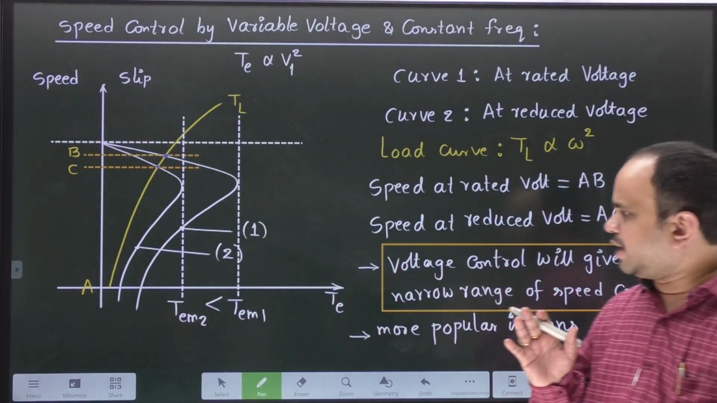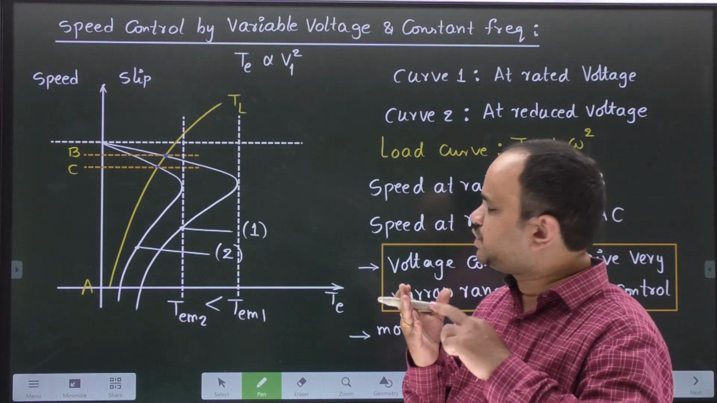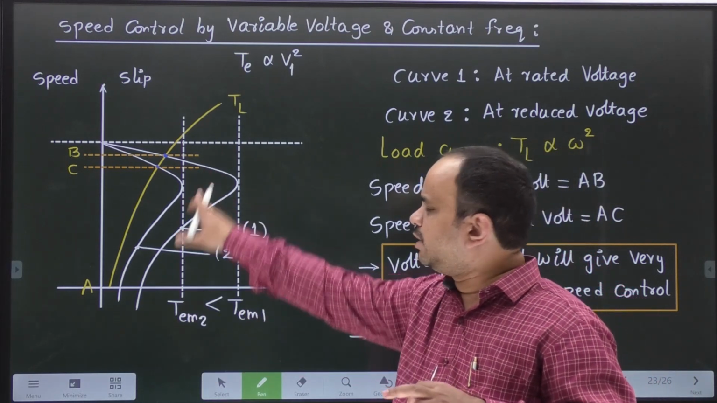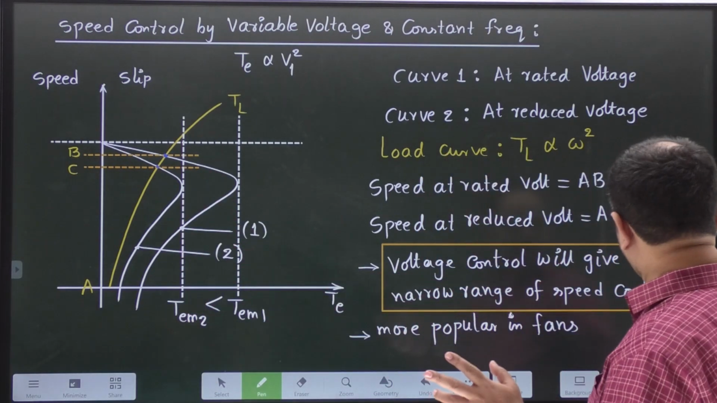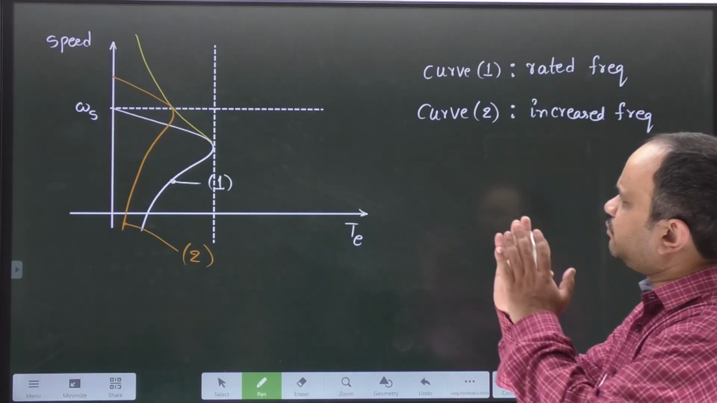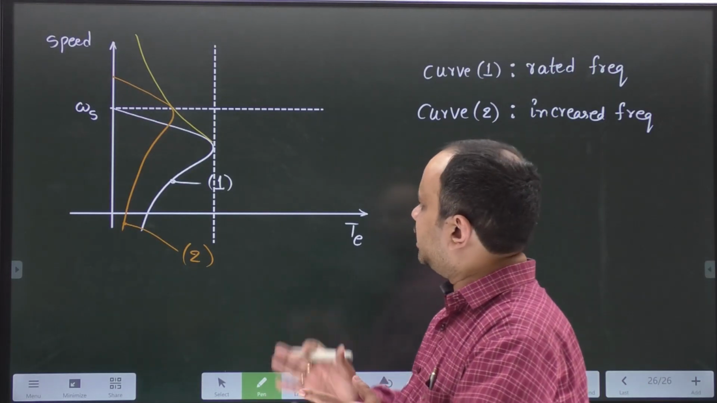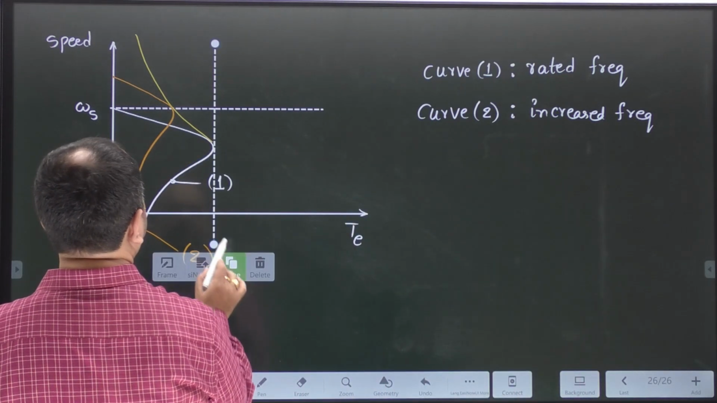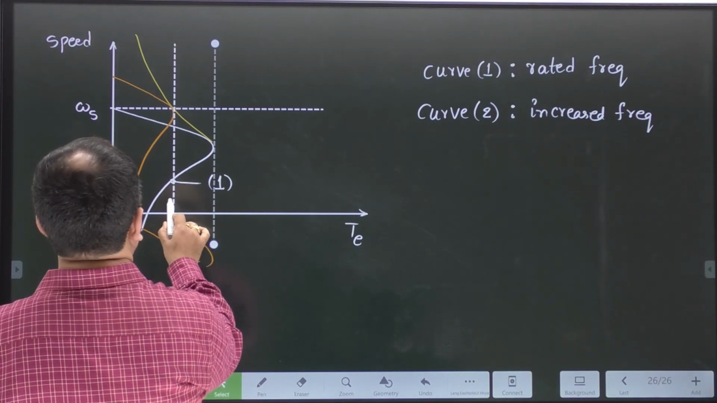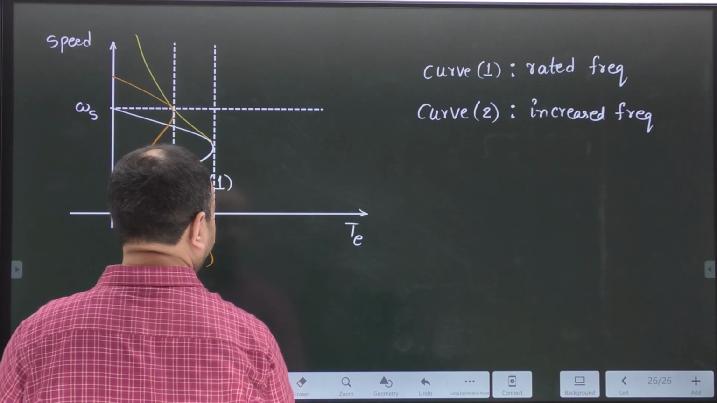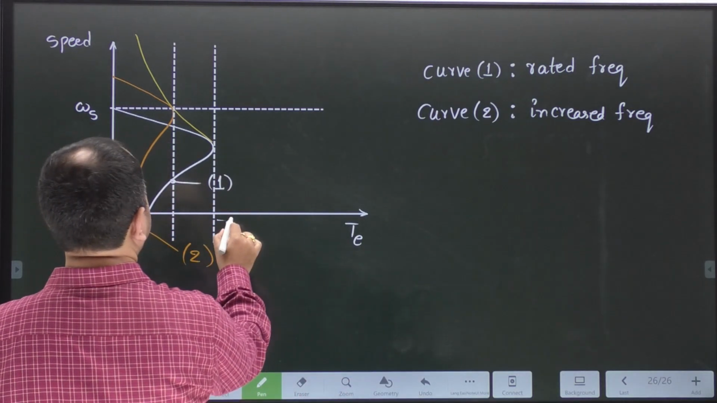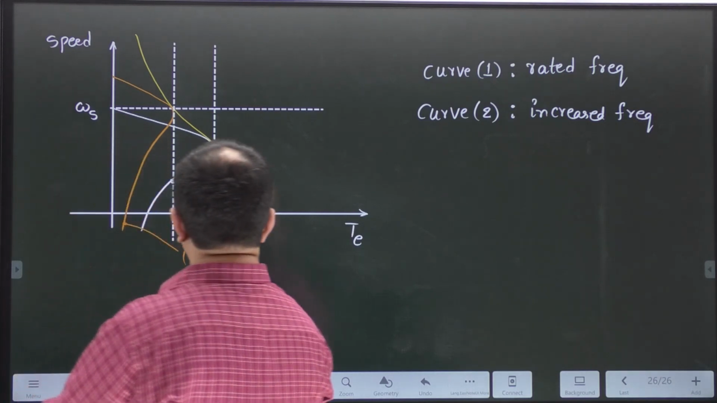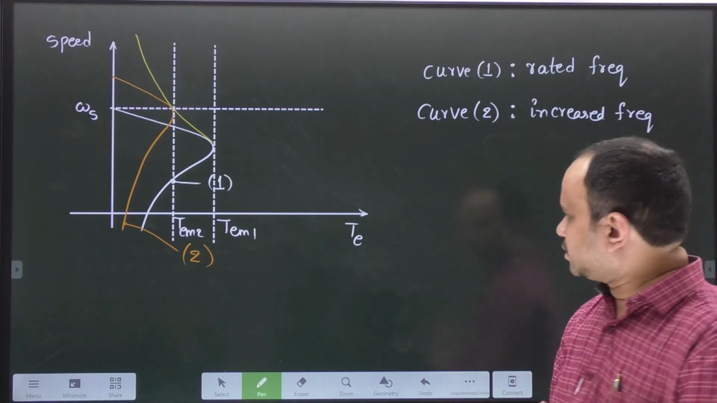So when you observe carefully, when you change only voltage but not frequency, maximum torque developed by the machine reduces. Exactly, when you change only frequency but not the voltage, in this case also the maximum torque developed by the machine is reduced, right? So these are the two basic limitations of these methods. This is TEM1, TEM2. So what we can conclude here,